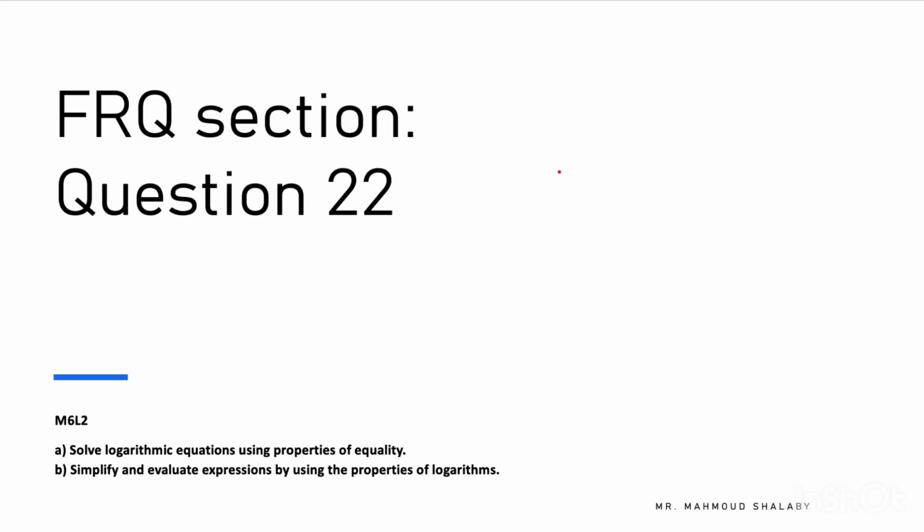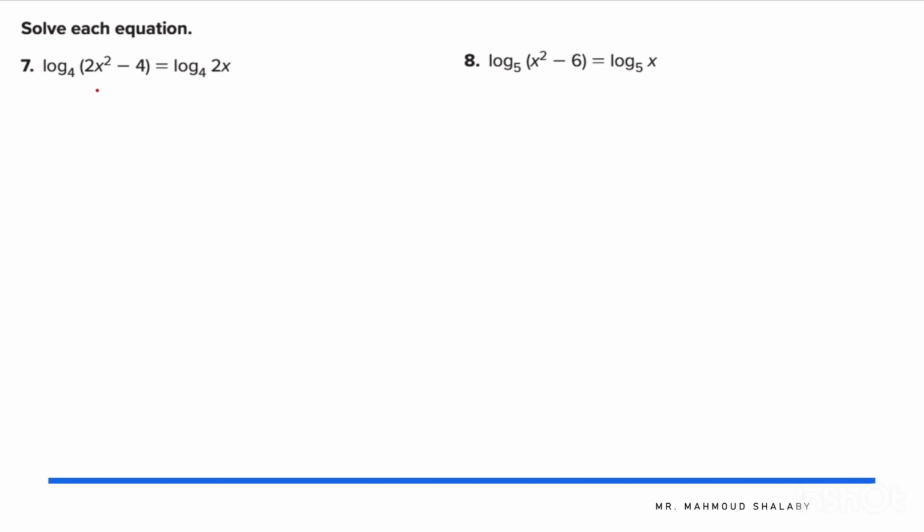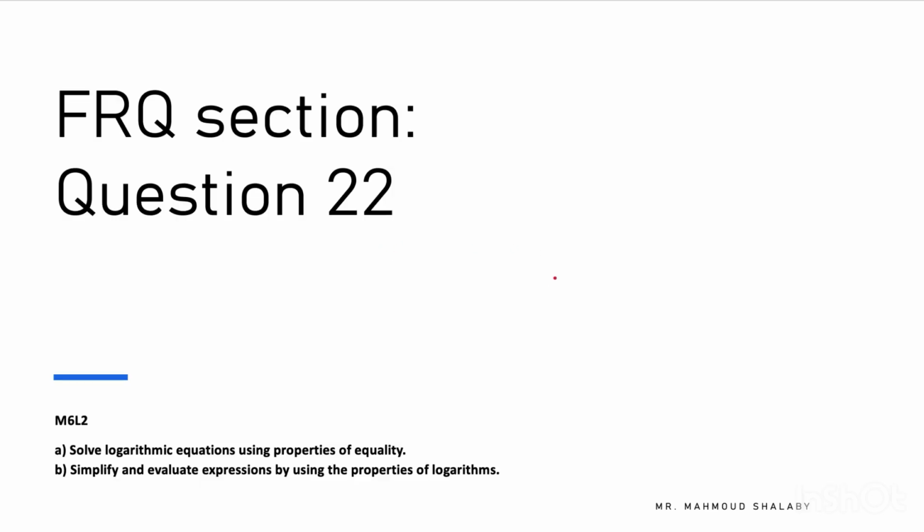Module 6 lesson 2. Solve logarithmic equations using properties of equality. Simplify and evaluate expressions by using the properties of logarithms. So as you can see here, let me just start with something the same as what we have done with solving exponential equations. If I have log x to the base a equals log y to the